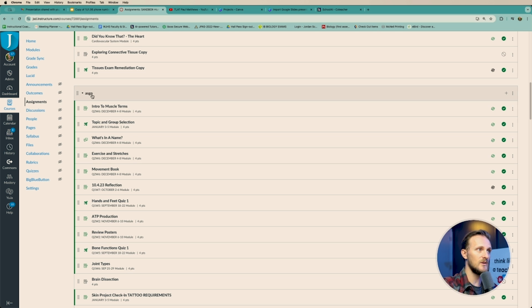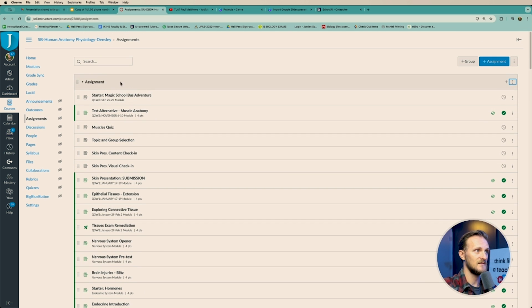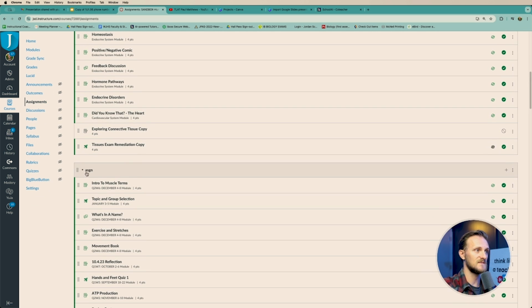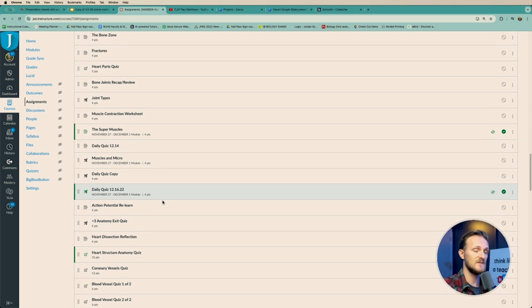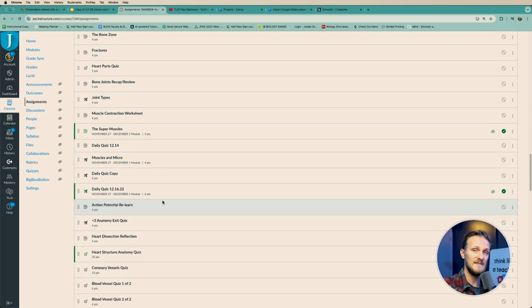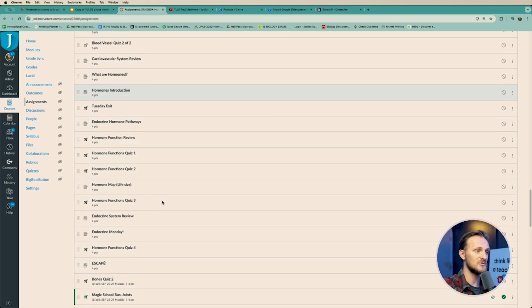So whatever way you want to do, whether you want to delete the S and just make it assignment, or whether you want to just play the safe route and go with the 4-letter code, the ASGN, that's what you need to do. There we go. So those are the first 2 things. So make sure that toggle switch is toggled to nightly sync in the GradeSync, and then make sure that your